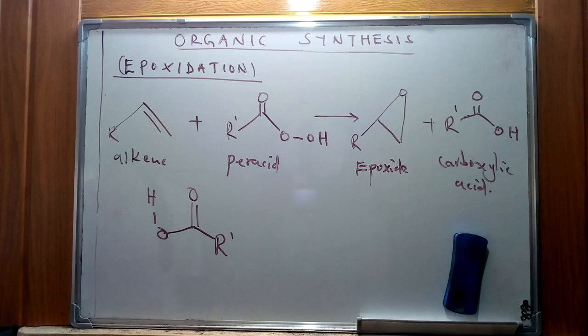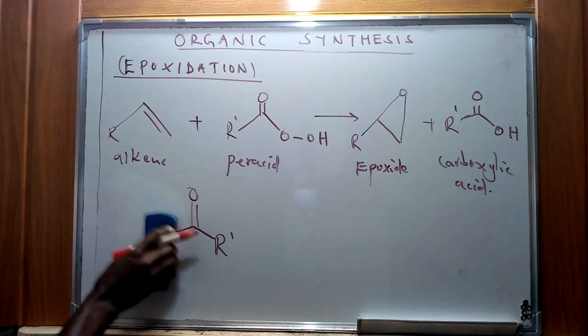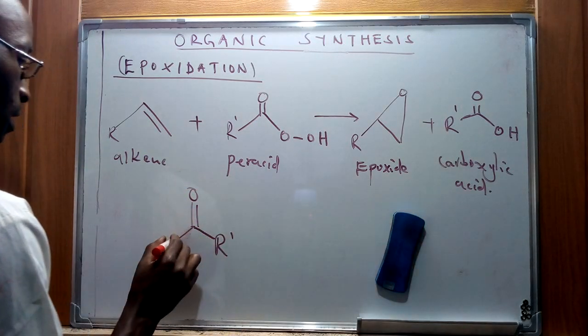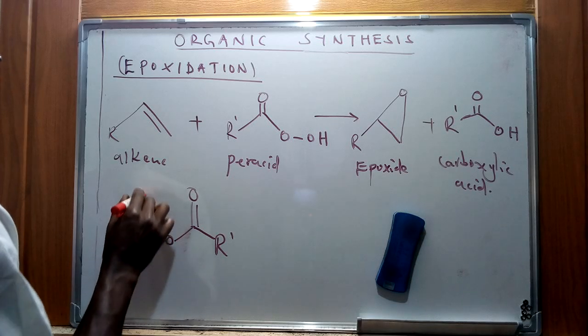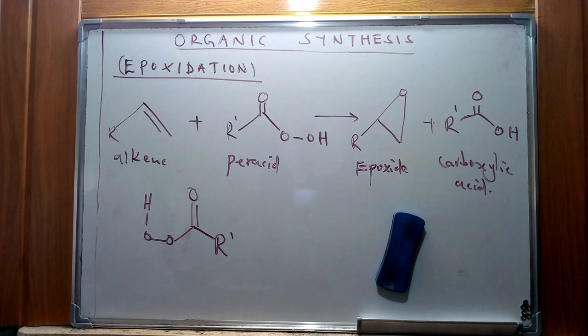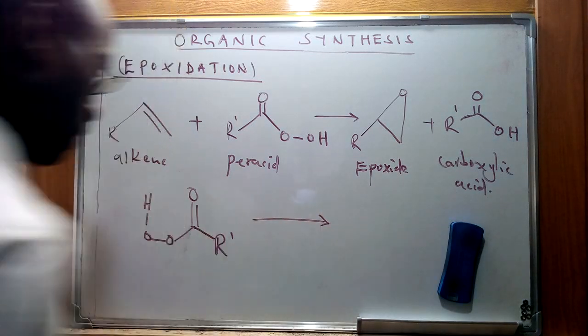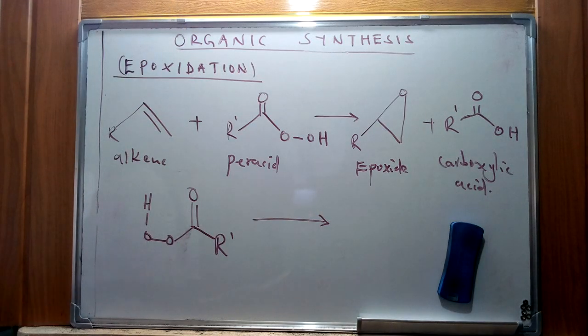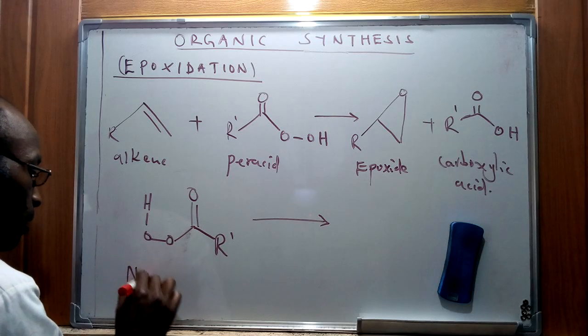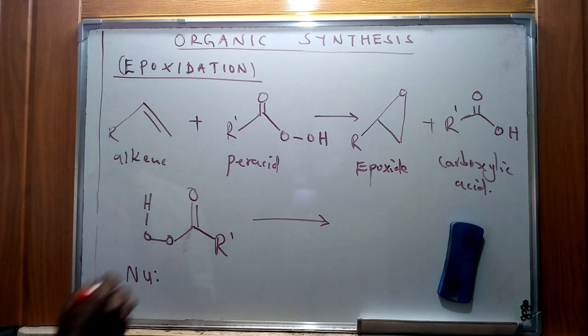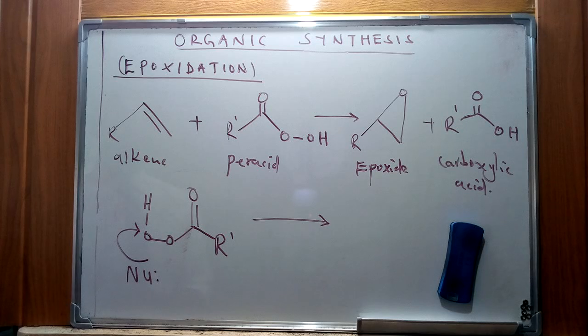So I'm going to give a rearrangement of this specific peracid. So this is going to be an O joined with that one at that specific point. And therefore in this specific reaction we're going to see that there's part of this molecule that is going to be joined with a nucleophile, and this basically is the OH group. Therefore we're going to have this one written as this one, and the nucleophile is going to attack this specific point, and as we stated, this carboxylic acid is going to act as a leaving group,